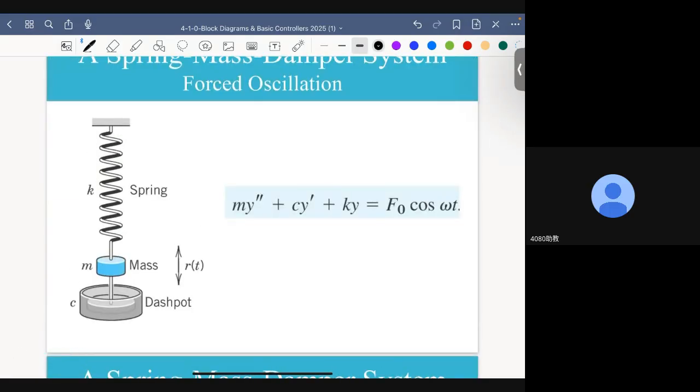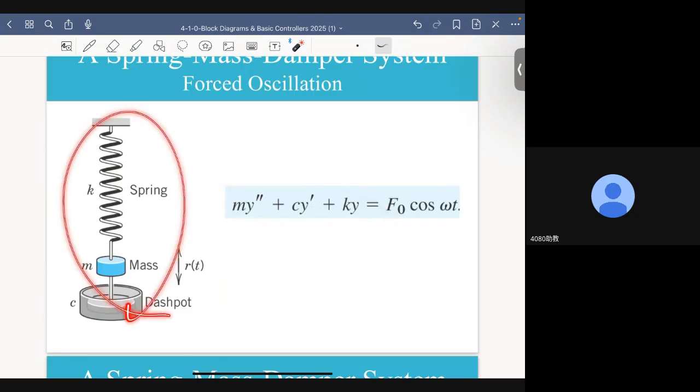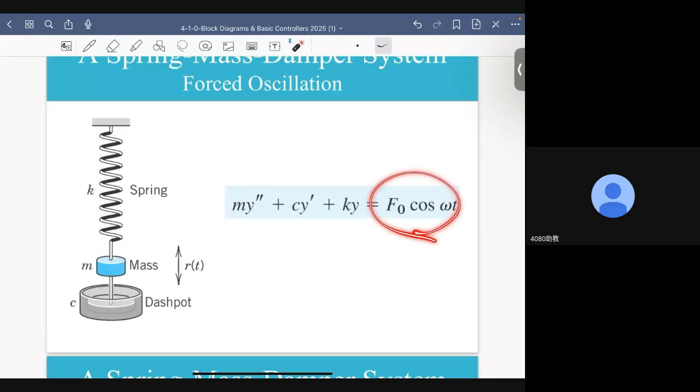Now, this is also often called the governing differential equation of this spring mass damper system, which is now subject to this sinusoidal excitation. Excitation, because it is a force that is being used to excite the system, and sinusoidal because we have a cosine function here. Omega is a parameter, which means it's a variable. It can be, for example, 1, 2, 3, 1.5,